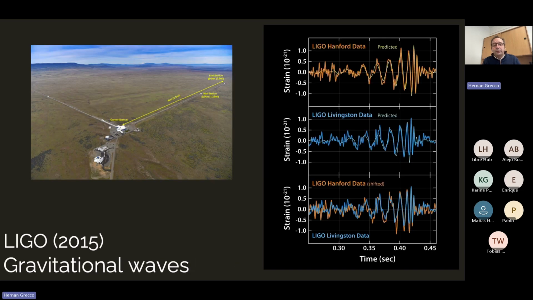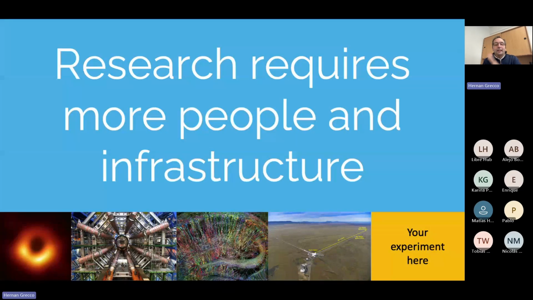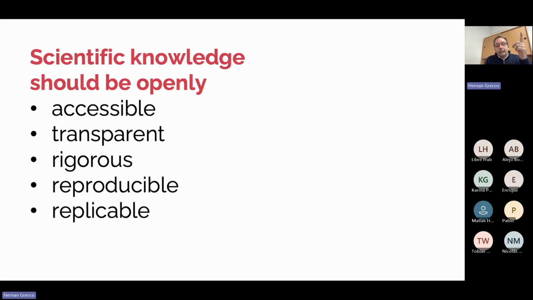Nowadays, for example, in 2015, detecting gravitational waves required pushing the technology and the analysis to limits that are able to measure distortions smaller than an atom. And all this requires sophisticated experiments, massive data sets, complex analysis, and a global collection of people working together that share in tools and trust. And the only way to achieve that is via open principles.